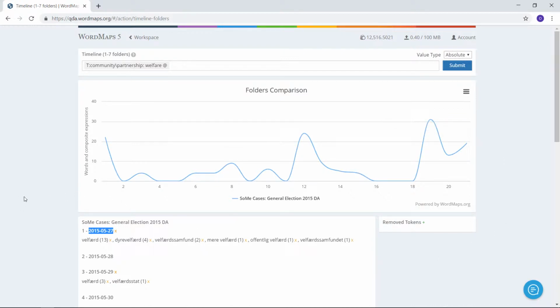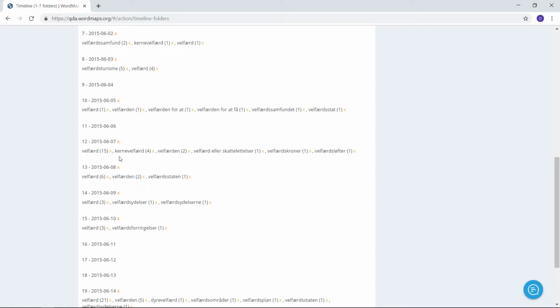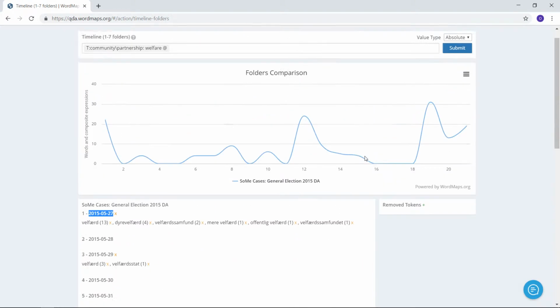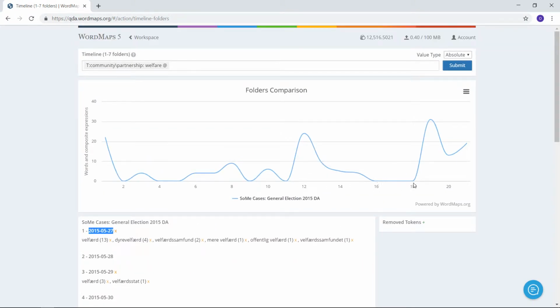The advantage of saving the data one set per day is having a specific result analyzable divided into individual days. So this top here is one specific date. It's set number 12. So it's the 7th of June. We see there are several occurrences of our topic that day. And in comparison, these 2 days have absolutely no occurrences. So in days 16 and 18, 17 and 18, so these 3 days, there are no examples of the occurrences